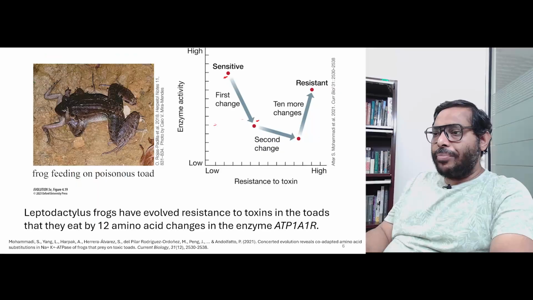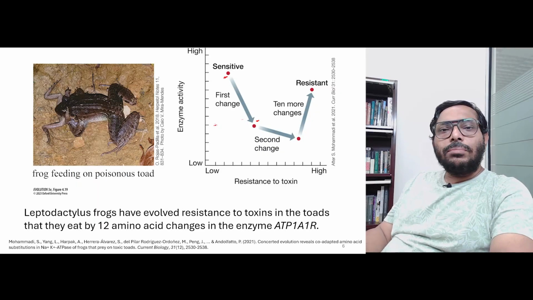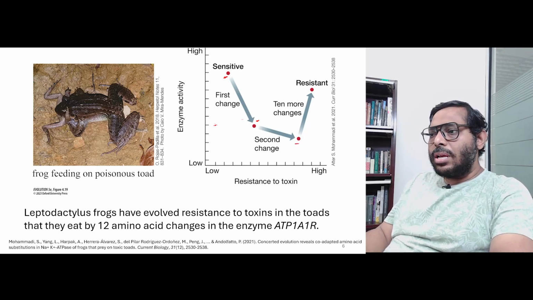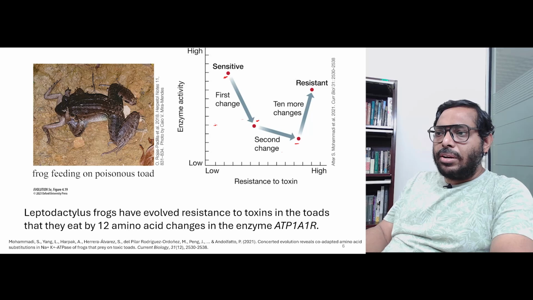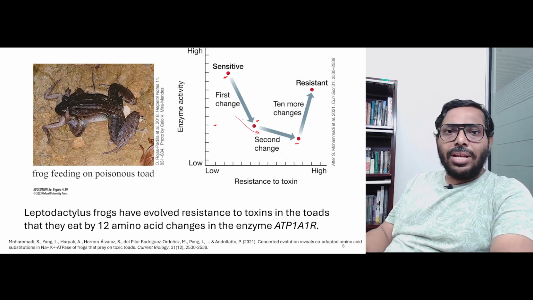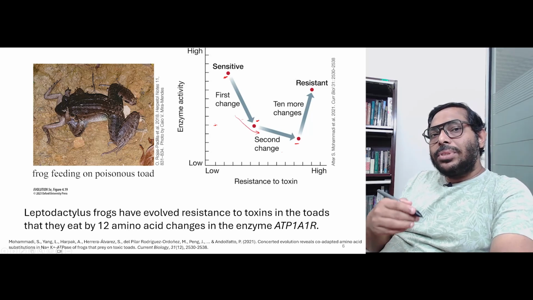Okay, remember I told you this is a very important enzyme for the frog. So, that enzyme activity was substantially reduced. Then there was a second change which further increased the resistance to toxin, however, that again reduced the enzyme activity quite a bit. So, 2 amino acid changes which are reducing the enzyme activity, and then there were subsequent 10